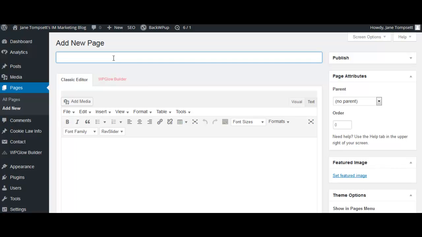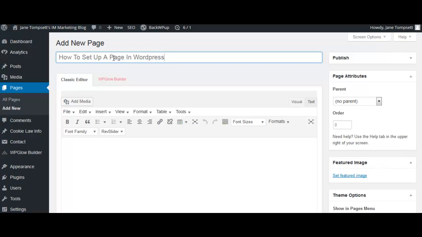And then we're going to enter our title. Now before we do, give a little bit of thought to it, because the words that you use in the title will be picked up by WordPress and used as part of the URL of your page. Also, it's very beneficial for search engine optimization, SEO, if you can work in a keyword or a key phrase that relates to the subject matter you're going to be writing about. So today we're going to say how to set up a page in